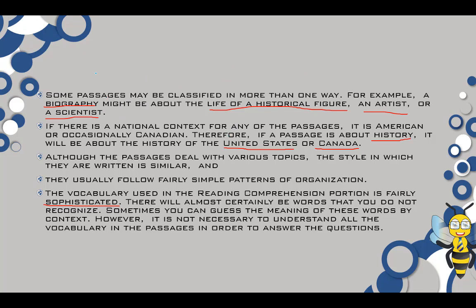For example, a biography might be about the life of a historical